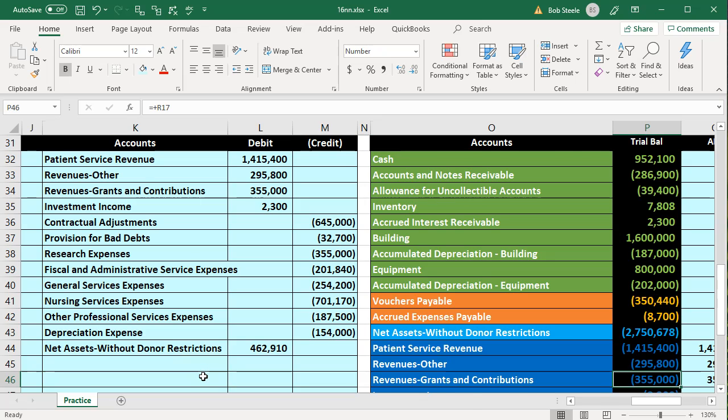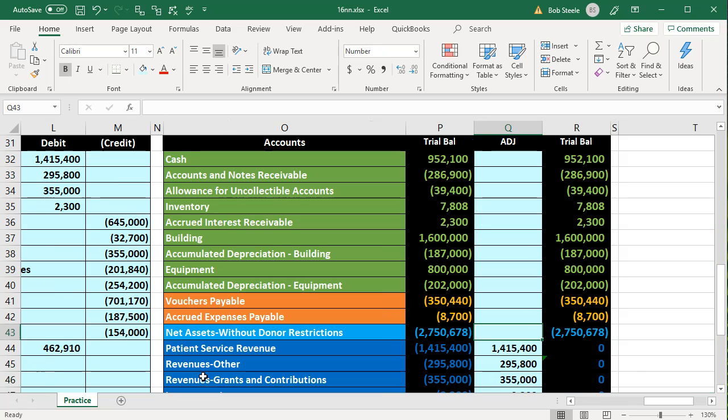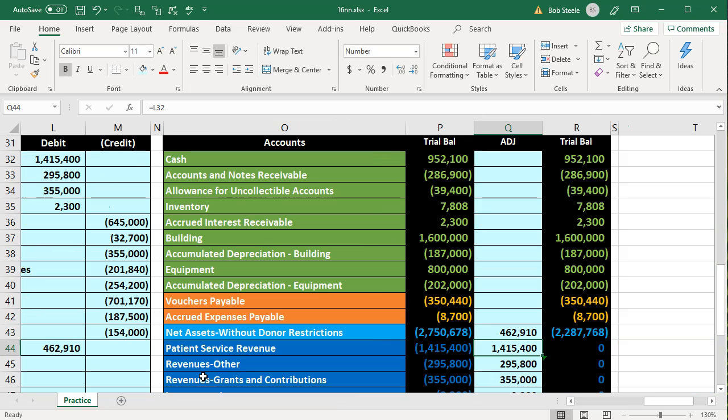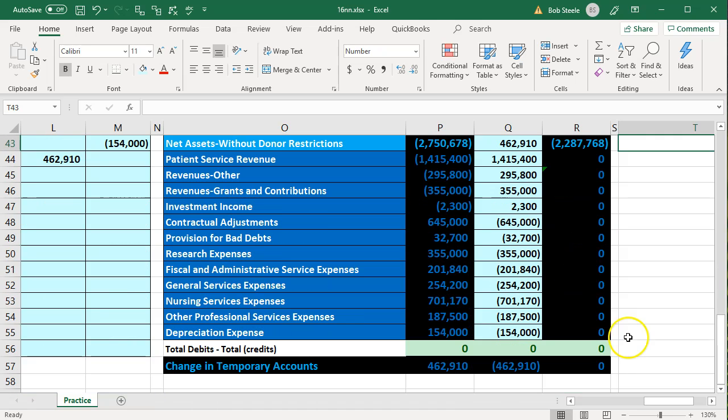And we're going to post that to the Q43. Within Q43, I'm going to say equals and go over to that 462,910 and enter. So there it is. It actually brings this down. We had a loss. If we go back down, we see that we are back in balance here. This then is